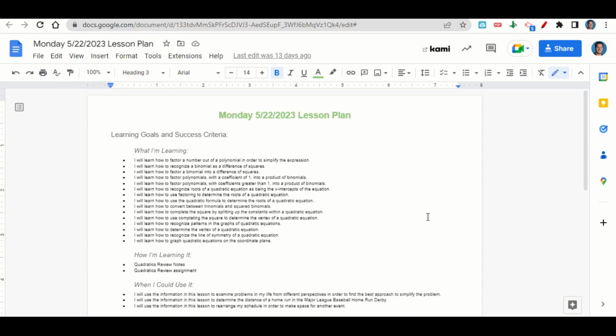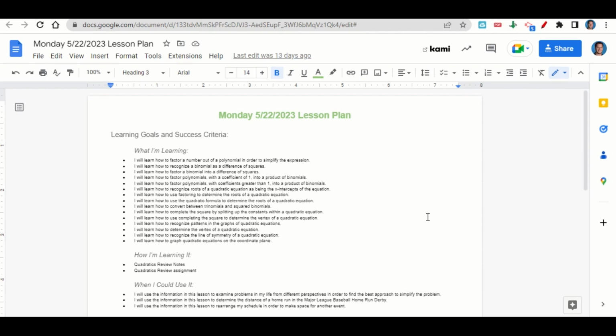how to use factoring to determine the roots of a quadratic equation, how to use a quadratic formula to determine the roots of a quadratic equation, how to convert between trinomials and squared binomials, how to complete the square by splitting up the constants within a quadratic equation, how to use completing the square to determine the vertex of a